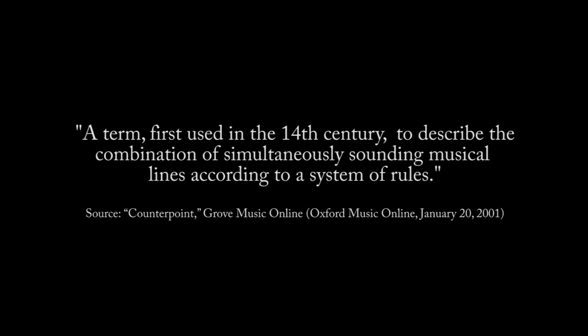Though this piece contains some structural elements of concerto grosso, as outlined a moment ago, it closely follows a fugue pattern in musical form. A fugue is a piece that epitomizes a concept known as counterpoint. A good, succinct definition of counterpoint from the Oxford Music Online database is a term first used in the 14th century to describe the combination of simultaneously sounding musical lines according to a system of rules. What this means for a listener is that two or more separate melody lines will be playing at the same